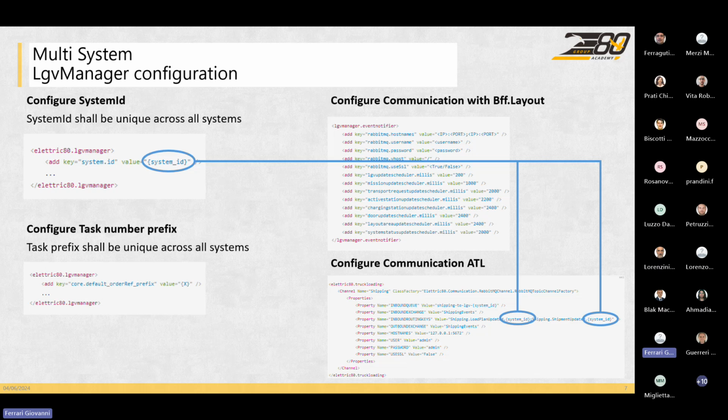So first of all, here on the top left, we have this new key in the LGV Manager configuration that is System ID. And actually, it's not really a new configuration, but it replaced an already existing configuration that was called sender. The sender was used, and now the System ID is used to populate the messages that are exchanged